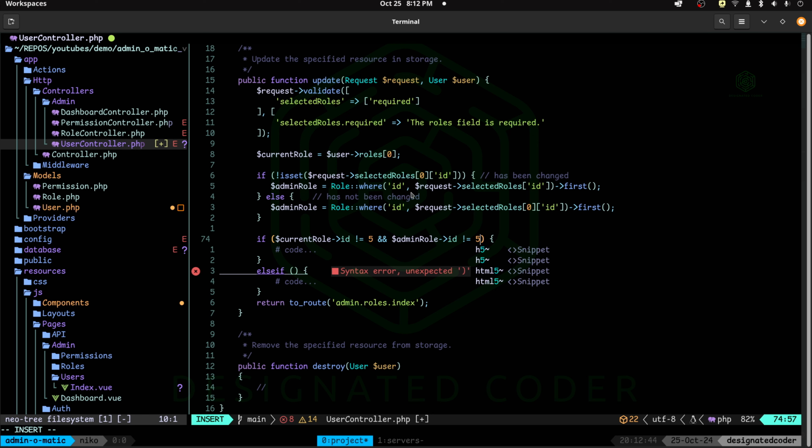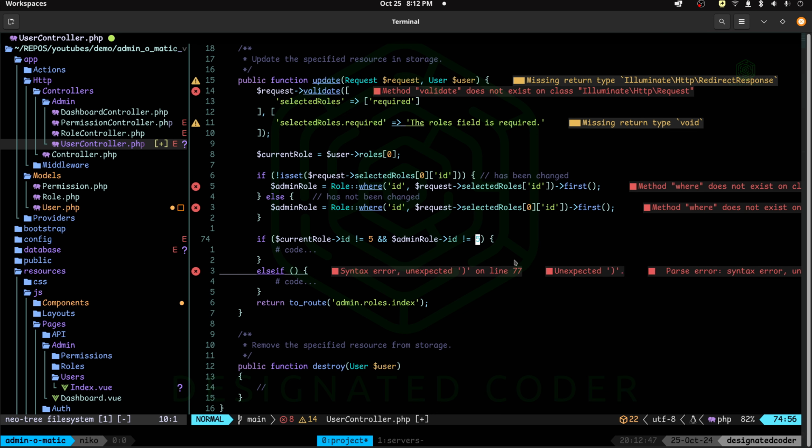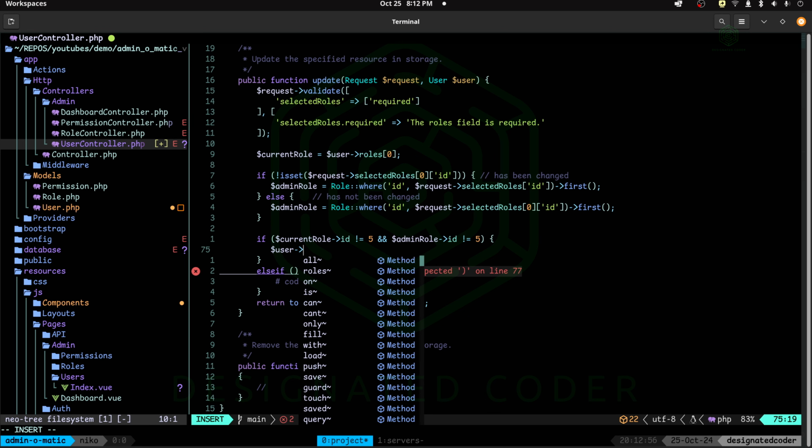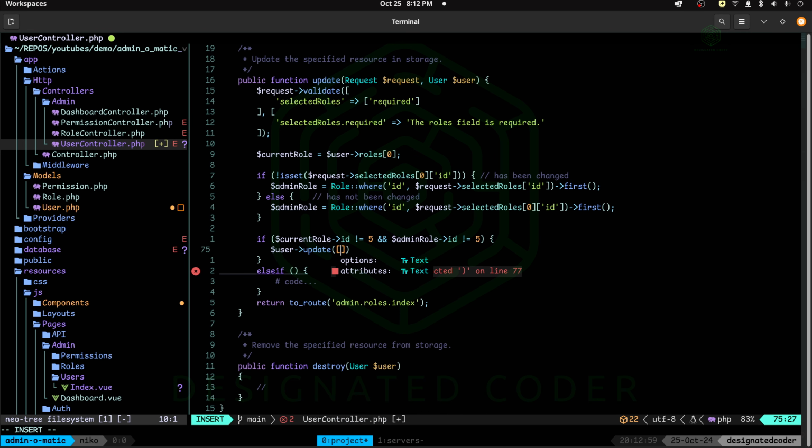This should be a completely ridiculous use case, but it is a potential use case. We just want to make a check for it. Then we'll say user update is admin